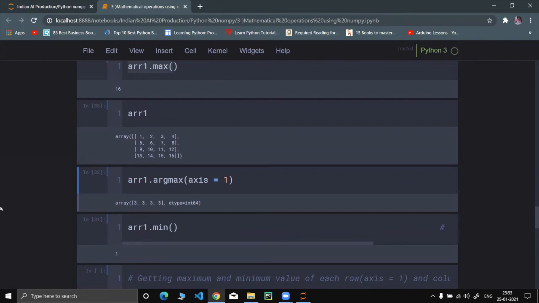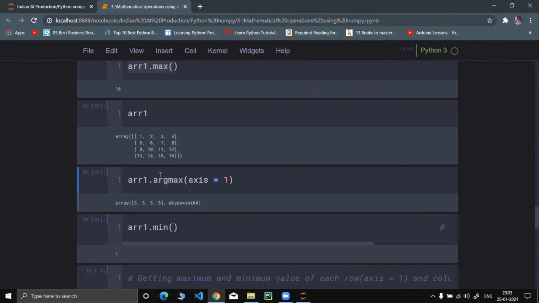Let me tell you what axis equals to 1 does. In pandas, 1 is row, and in NumPy, 1 is column. So it will check for every column.